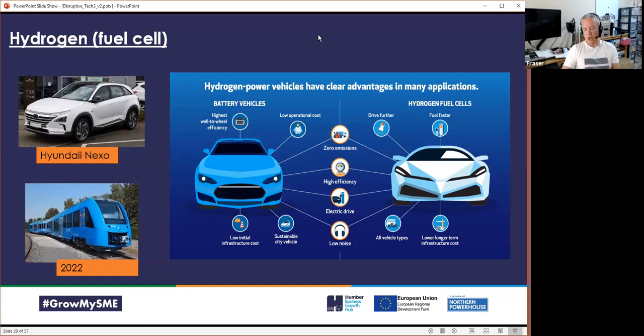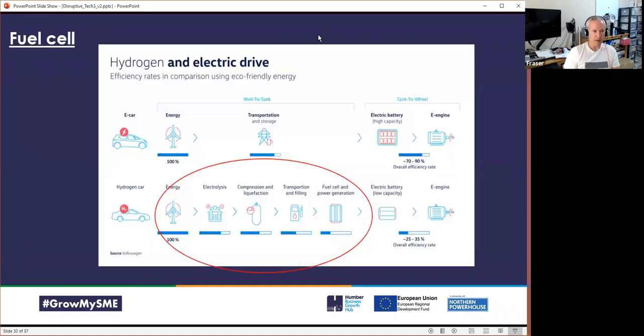And hence, being an early adopter to an electric world could be a mistake. It just goes to show how quickly the world changes. By the way, both Hyundai and Toyota have a hydrogen fuel cell car that you can go and buy today. The problem, of course, is that you will find it difficult to get the fuel from forecourts, particularly in Lincolnshire, by the way. So the example between electric cars and hydrogen is that you've got all this mess with hydrogen cars in terms of the delivery of the hydrogen to the consumer.